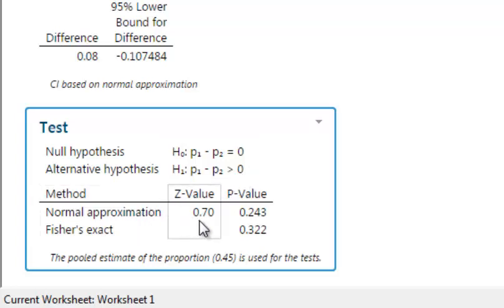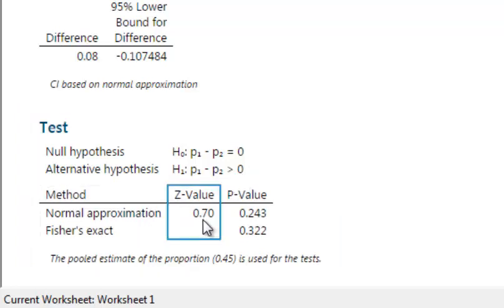And look, the value of z. We will conclude based on two things, the value of z and the value of p. For the normal approximation, the p value is 0.243, which is not less than our alpha. We reject the null hypothesis if this p value is less than our alpha.